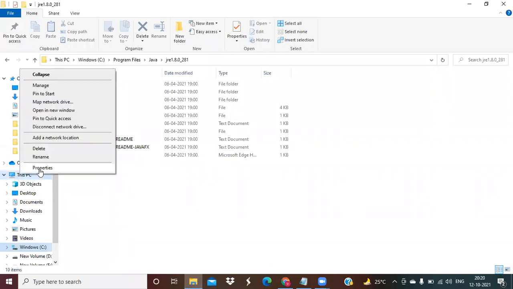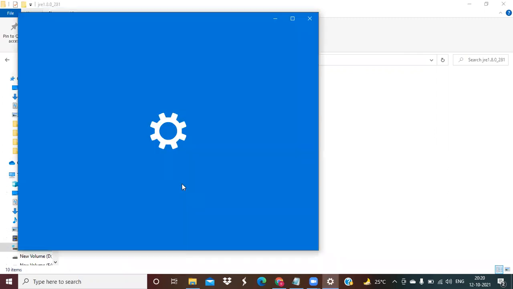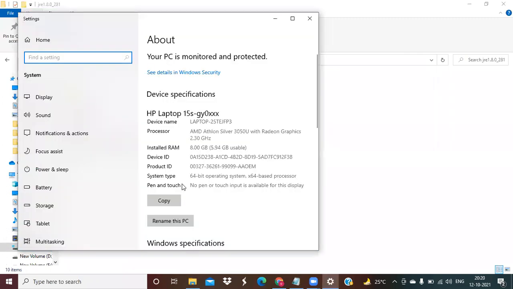Right click on This PC, properties. Sorry, not this one.